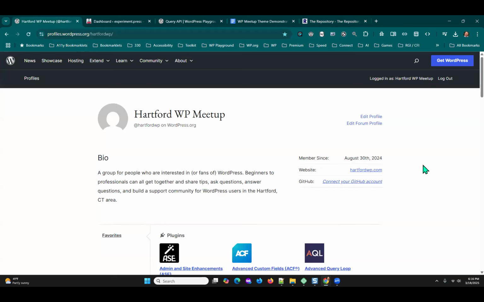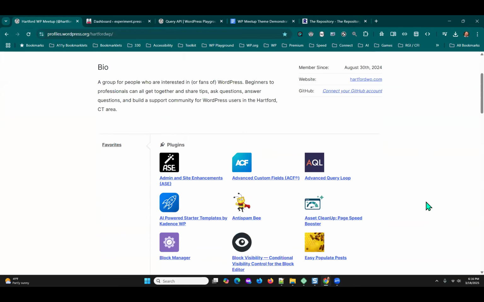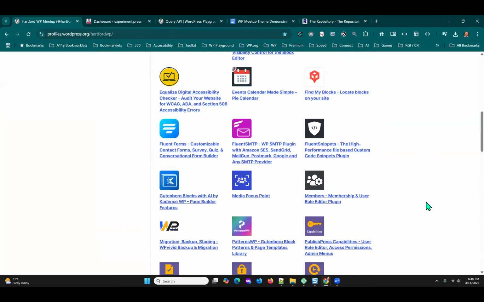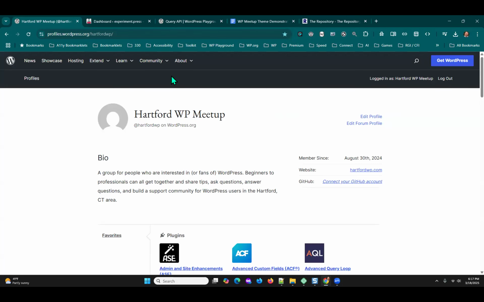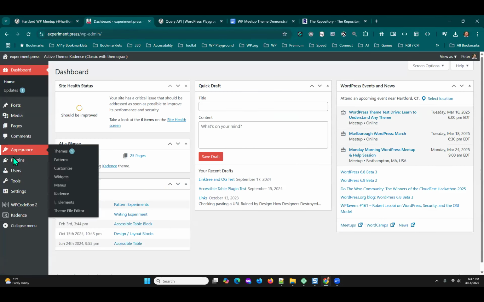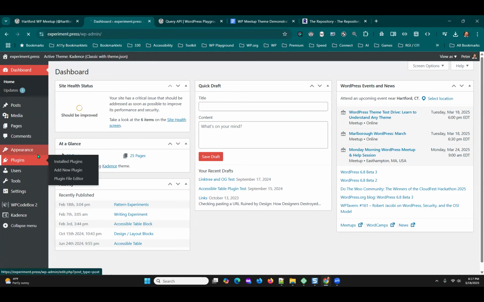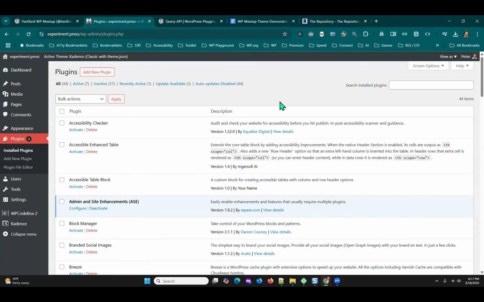I set up a Hartford WordPress Meetup account on WordPress.org. Now, why is that helpful? It's helpful for one major reason for this group: when we talk about things, I will favorite them. Then you can go and see what we've talked about. If we talk about a plugin, then if you're on a website and you go into plugins and you want to add a new plugin,